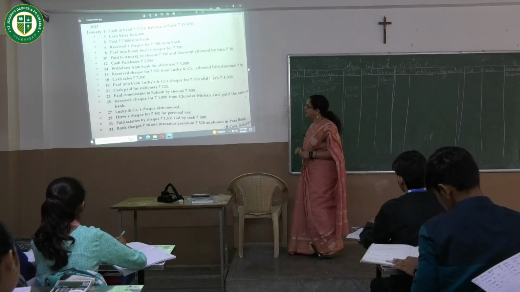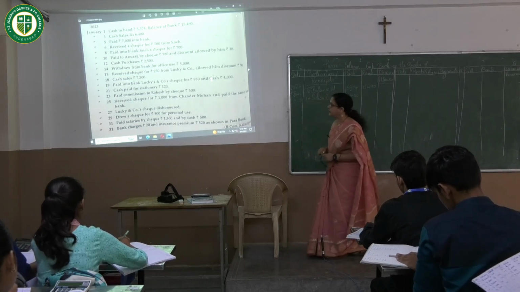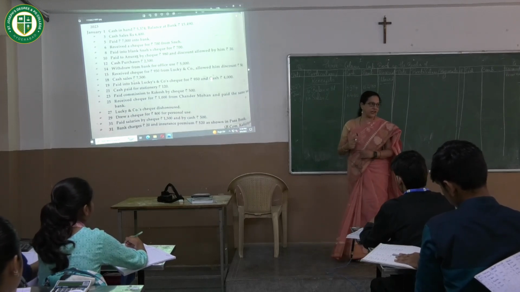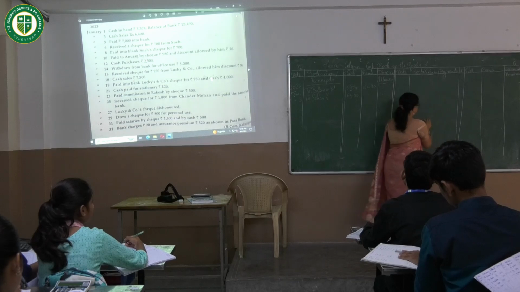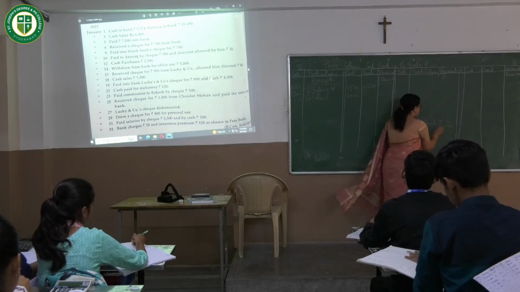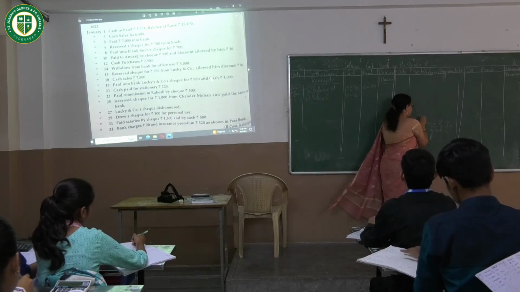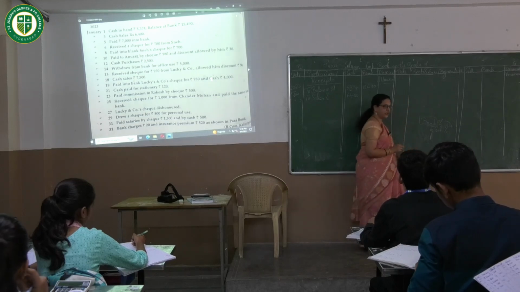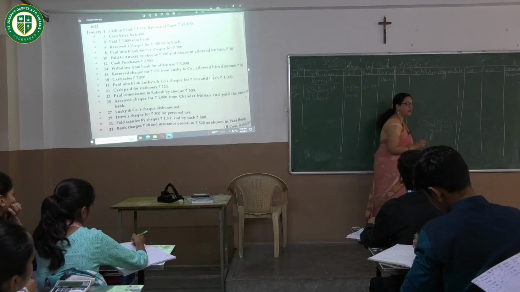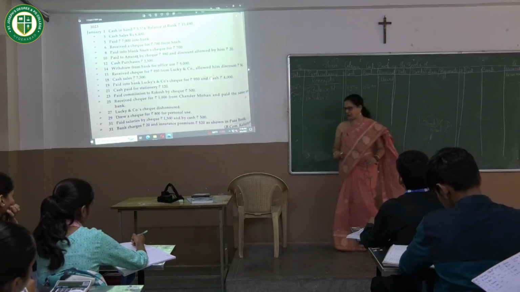Next we have the third transaction. He says paid into bank 7,000 rupees. What type of entry is this? When I pay money into the bank, the entry comes as bank to cash. What is the journal entry? Bank account debited to cash account. So it is such an entry wherein one aspect of the transaction is the bank column and the second aspect is the cash column. Both are affected in the triple column cash book itself.